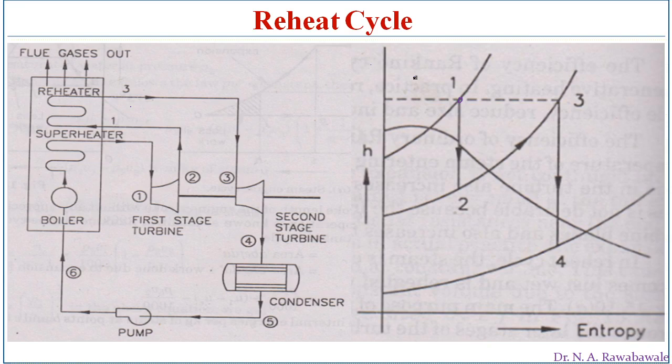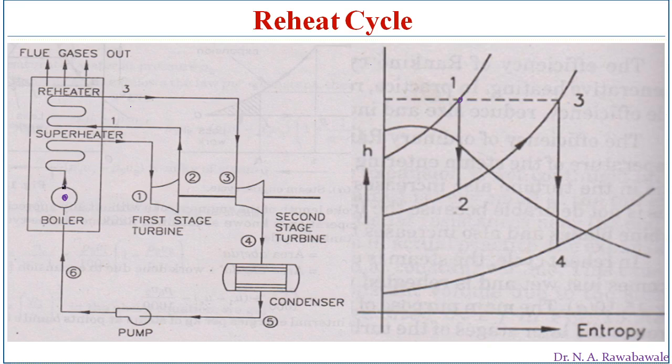So now this reheat cycle is represented here. We'll study a block diagram first. Now we'll discuss the block diagram. So in this block diagram of the reheat cycle, let us consider this point as a boiler. In this boiler, heat is supplied to this water and this water gets converted into steam, dry saturated steam.